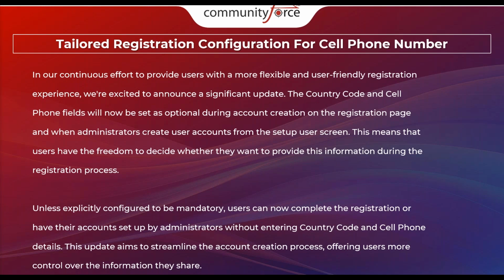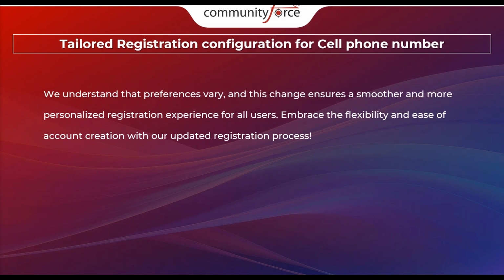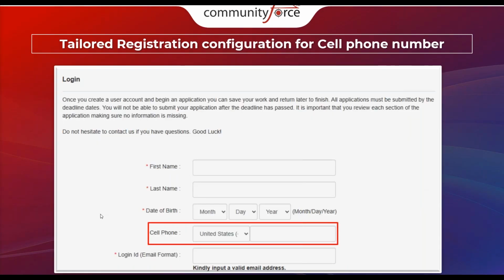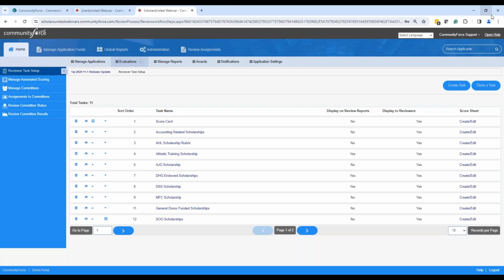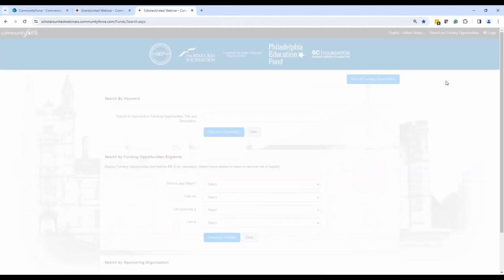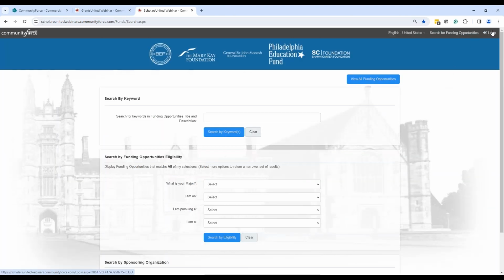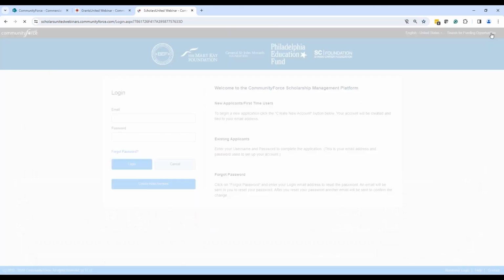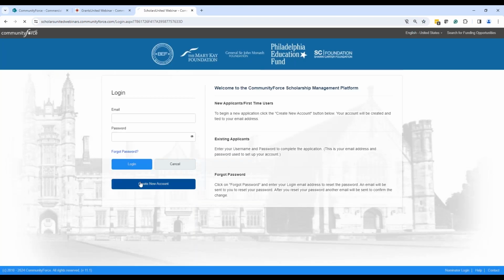If it is required, when the applicant registers, that cell phone field is going to have a star. And what's going to happen if I go to the site here, let me log out of the scholarship site, log out. And when I log in and go to create a new account,